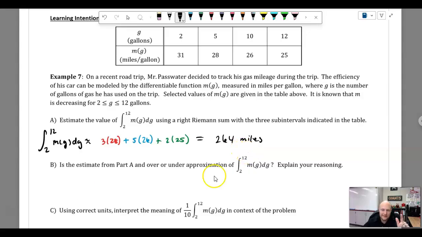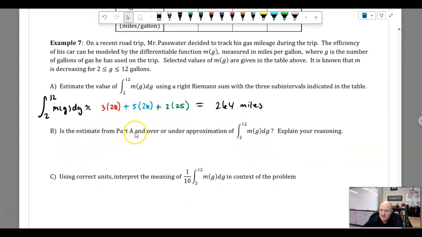Hopefully you got that. B: Is the estimate from part A an over or under approximation of the integral of 2 to 12 of m of g dg? Explain your reasoning. Since this is a right Riemann sum and it's decreasing, this is going to be an under approximation. Man, you know what? I never remember. I always just like to draw an arrow, and I like to use right endpoints. And yep, under approximation. So we can say under approximation